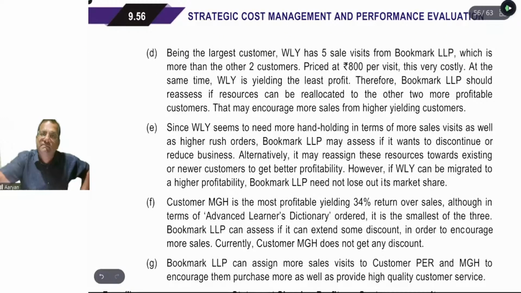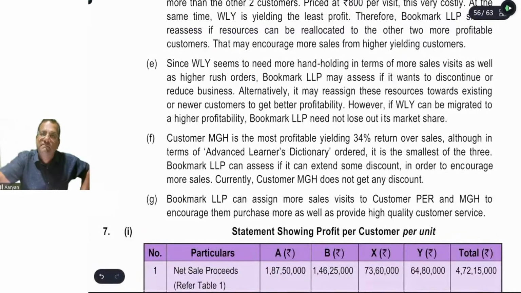क्योंकि यहां पे इन्होंने एक पॉइंट दिया है, क्या हम ऐसा नहीं कर सकते कि हम अल्टरनेटिवली जो रिसोर्सेस आज हम थर्ड कस्टमर को दे रहे हैं, इफ वी आर हैविंग द अपॉर्चुनिटी टू सप्लाई टू न्यू कस्टमर और द एग्जिस्टिंग रिमेनिंग 2 कस्टमर, so that we can increase our profit. बट इस प्रोसेस में आपको ध्यान रखना है, WLY को अगर आप नहीं देते हैं तो और अगर आपके पास कोई दूसरा ऑप्शन भी नहीं है regarding increase in sale to existing customer or add new customer, then definitely you don't want to lose market share.